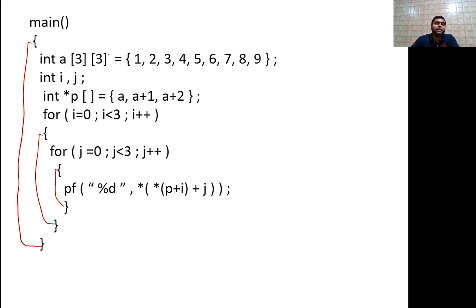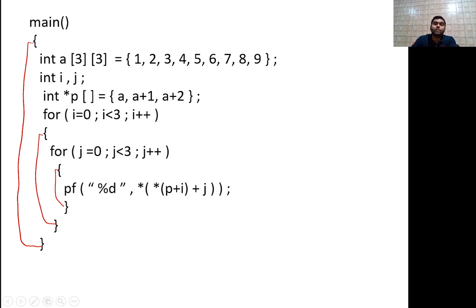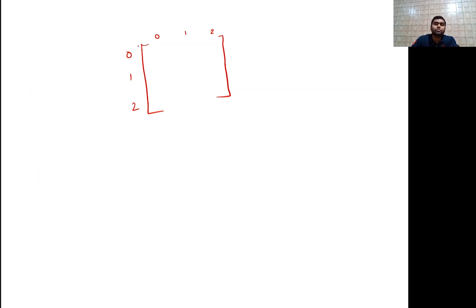So first of all, here a 3x3 array is taken, meaning 3 rows and 3 columns. Observe carefully what will happen. 3x3 means rows are 0 1 2, and columns are also 0 1 and 2. The values 1 2 3 are also assigned. So this is declaration as well as initialization. What will happen in that case? The values will be assigned like 1 2 3 4 5 6 7 8 and 9.